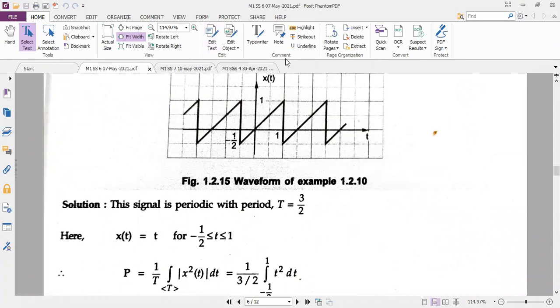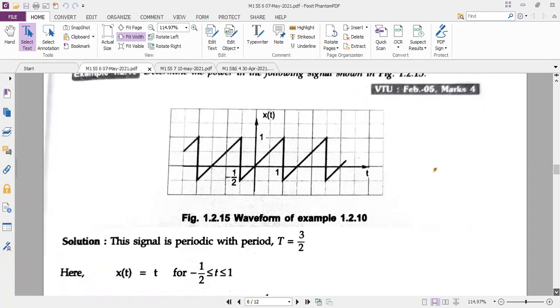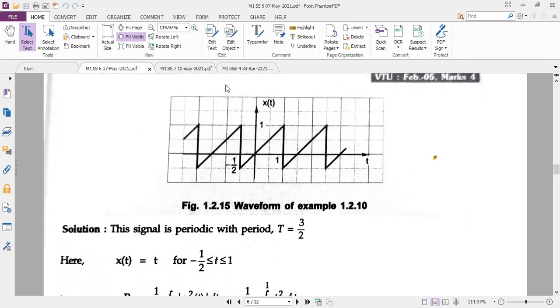Yes, ma'am. Okay. See now, you know the formula. In the question set they have clearly mentioned you have to calculate the power. If you see the diagram, it is continuous. Continuous means it is periodic. It is repeating continuously at the left hand side as well as at the right hand side. So definitely they won't ask you to calculate the energy directly. They have asked you to calculate the power.